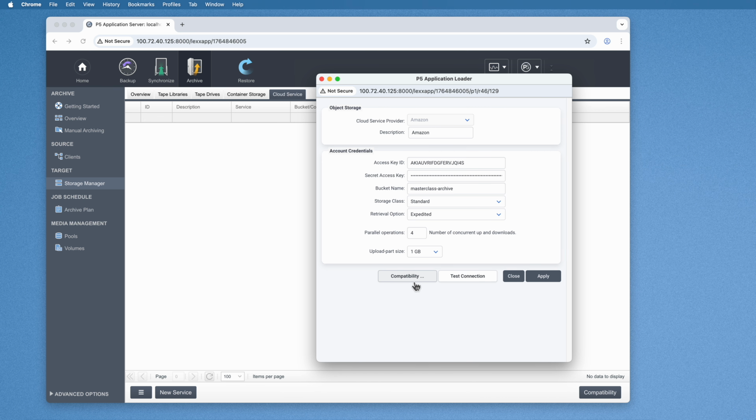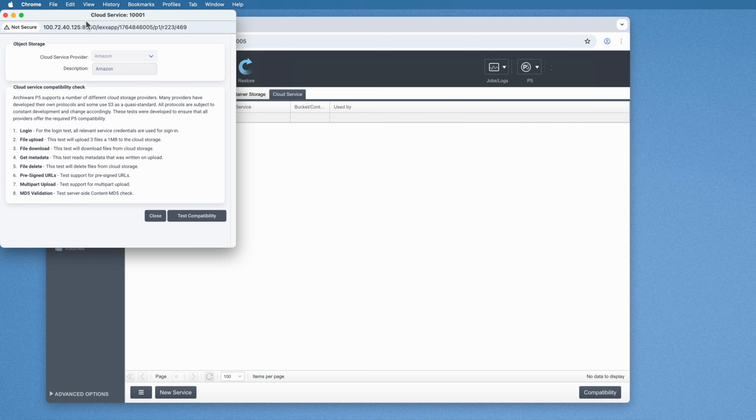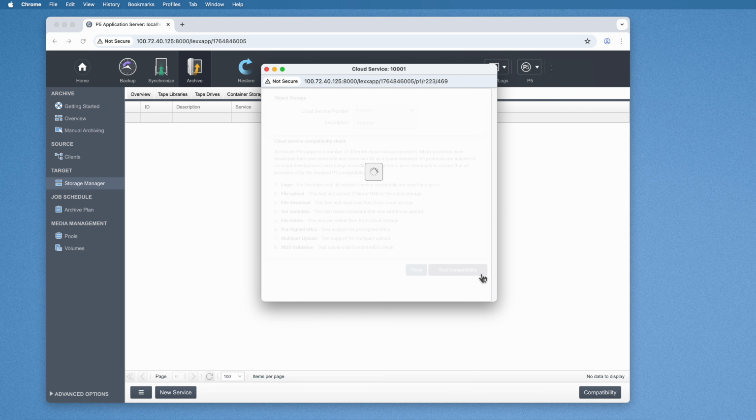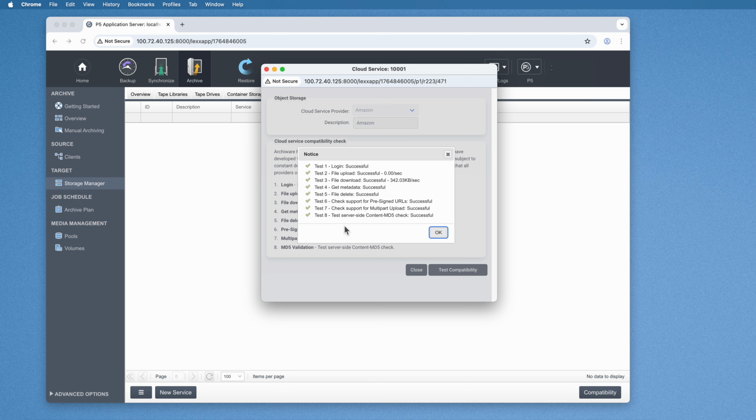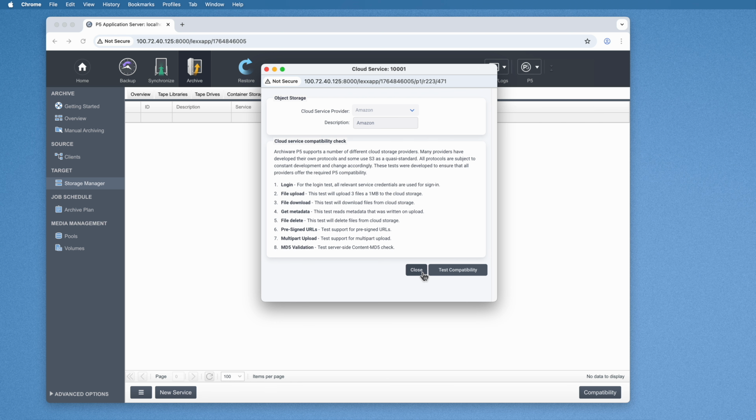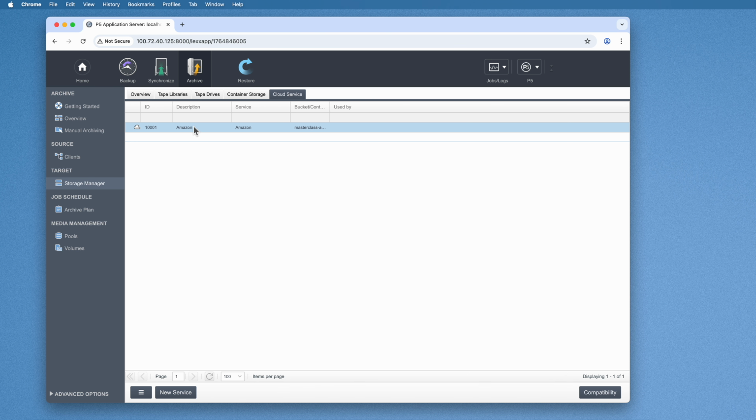There's a more elaborate compatibility test that you can do via this button here, and with a vendor like AWS, these will all come back with ticks. If you're testing against on-prem storage, for example, then you might want to do the compatibility test to ensure that we can do all the things against the bucket that we need to do, which are listed here. Okay, so we can close the window, and then I can see my Amazon Cloud Service sitting there in the